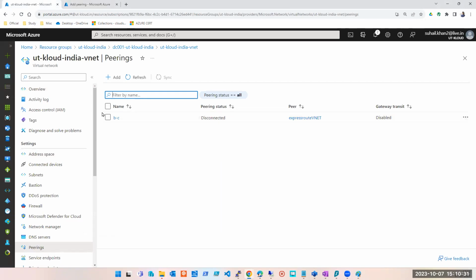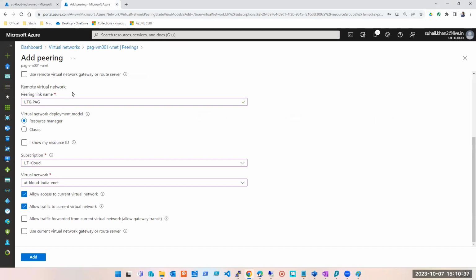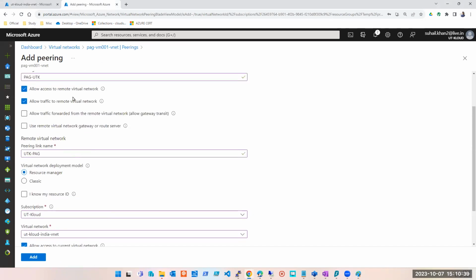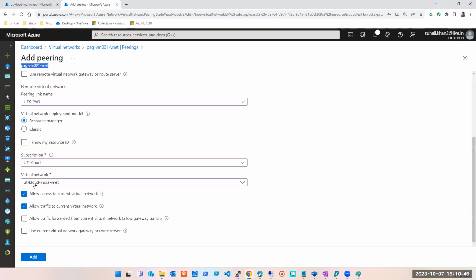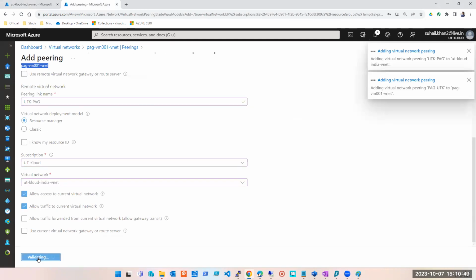But what am I doing here? I'm connecting this VNet from pay-as-you-go. But कहाँ से कर रहा हूँ मैं? यहाँ से कर रहा हूँ। Though I'm on this page, but I'm configuring two virtual networks. एक इस virtual network को configure कर रहा हूँ मैं, ये वाला, और दूसरा इस virtual network को मैं configure कर रहा हूँ। और इनकी settings, इनका नाम वगैरह मैंने यहाँ से दे दिया। The moment I hit on add,